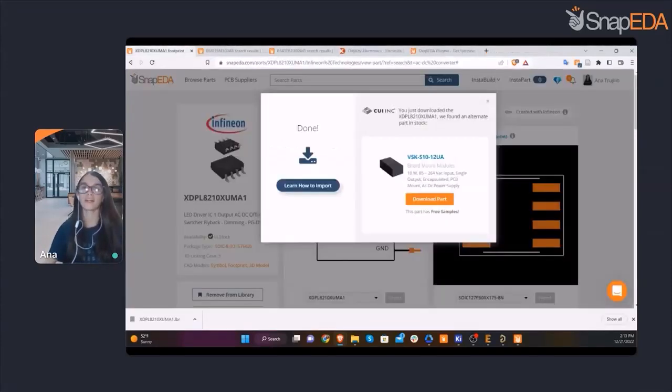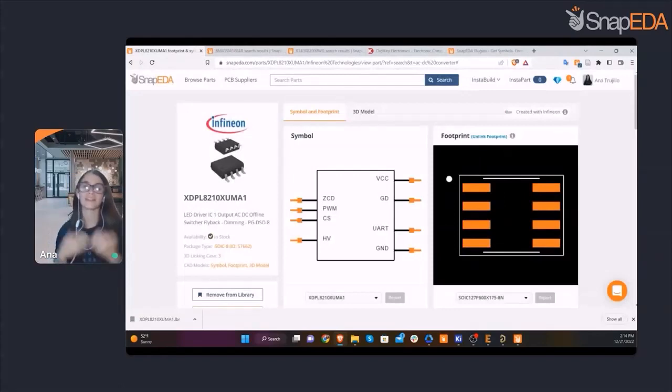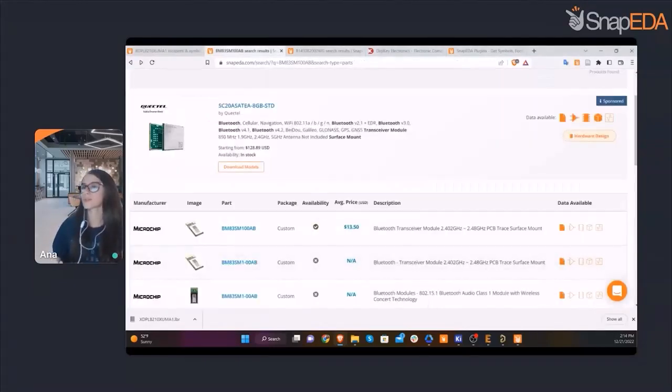All right, that said, this is the ideal case, right? This is the case where we find the part we want. It has symbols, it has the footprint, it has the 3D model, it is verified, everything is good. But you may wonder, what happens if the part that I want is not available? Let's say I went to the search result, for example, and I wanted this part from Microchip, but it is not available.